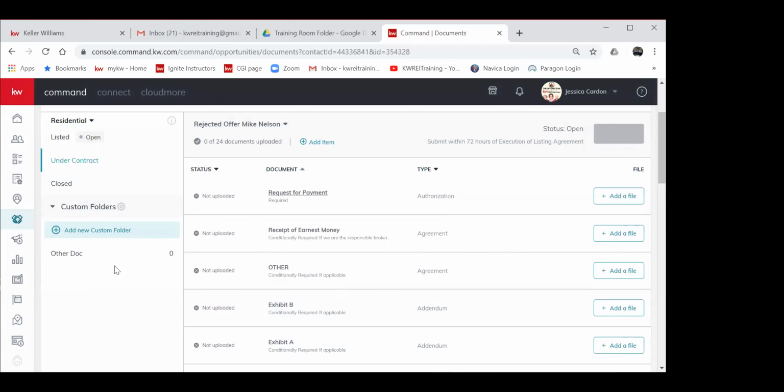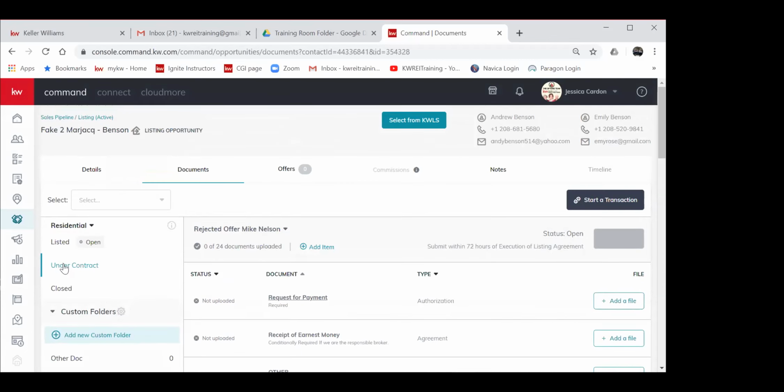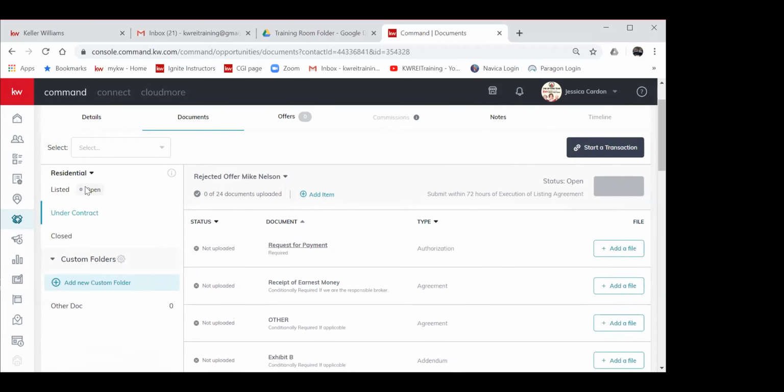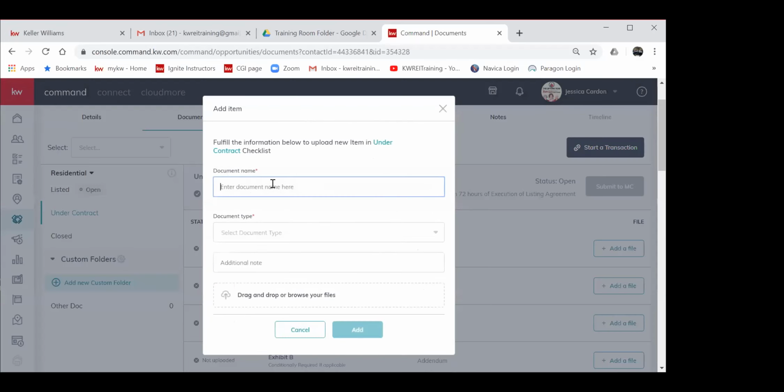Now here is the kicker, you guys, on your documents. If one of the documents you have is not listed, so the RE32, the multiple offer document, is not listed in the list, you would go into your folder. I'm going to go into my under contract folder. I'm going to add an item. I'm going to call it the